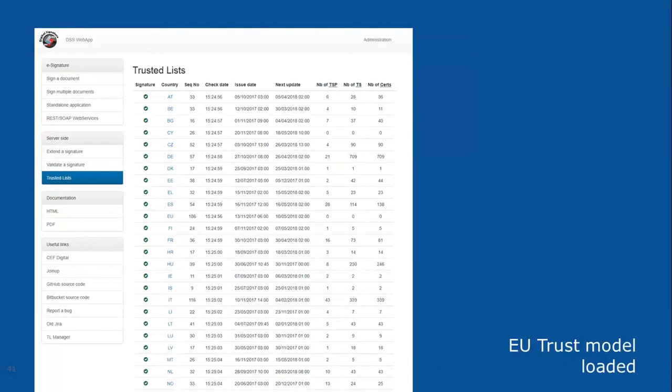Okay, as at least if you want to validate a qualified electronic signature again, DSS will need access to the local and the EU trusted list. So please make sure on this page that everything goes well and there is no firewall issue on your side or anything like that that would prevent you from accessing a particular trusted list.